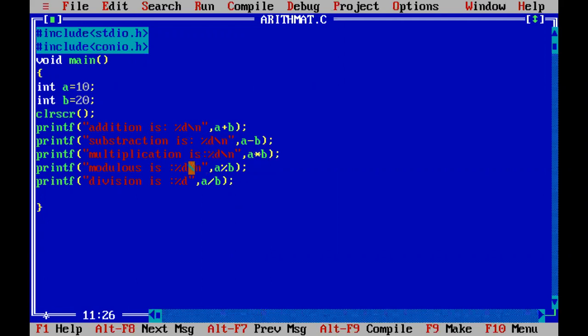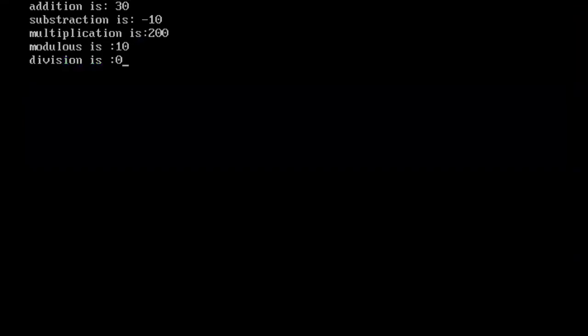The \n should be mentioned within the double quotes only. Save the file once more. Alt F9, compile, Control F9, run, Alt F5. Look at here, addition is 30, subtraction is -10, multiplication is 200, modulus is 10, division is 0.